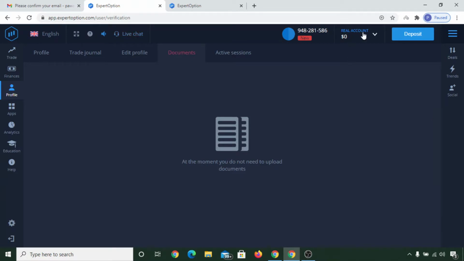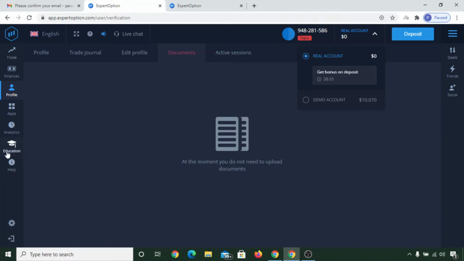If you are absolutely new to binary options trading, then I would suggest you firstly practice on a demo account, and only then go for a real account. Don't directly start trading with your money, because it is a high risk investment. Binary options are a high risk investment. You will get a good amount of return, but at the same time you may suffer a good amount of loss. So it's up to you.